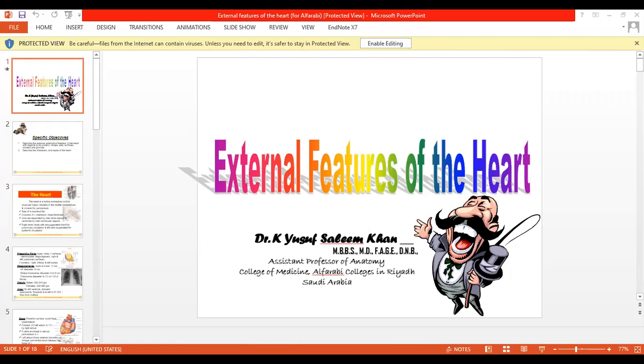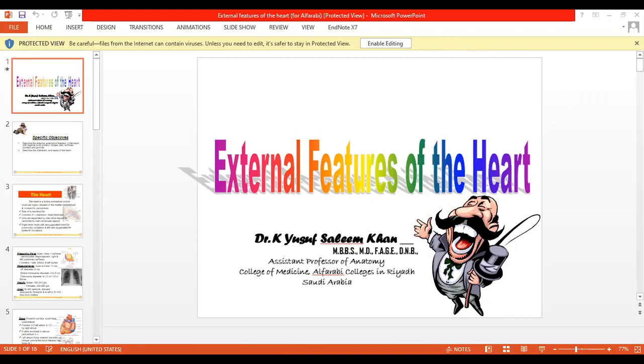Similarly, the ventricles are separated by a thicker structure called the interventricular septum. So between the two ventricles there is a thicker part. This is called the interventricular septum, which separates the two ventricles. The right heart deals with the deoxygenated blood. All the venous blood coming from the superior vena cava as well as the inferior vena cava will be drained into the right atrium, and from there it is pushed to the right ventricle.